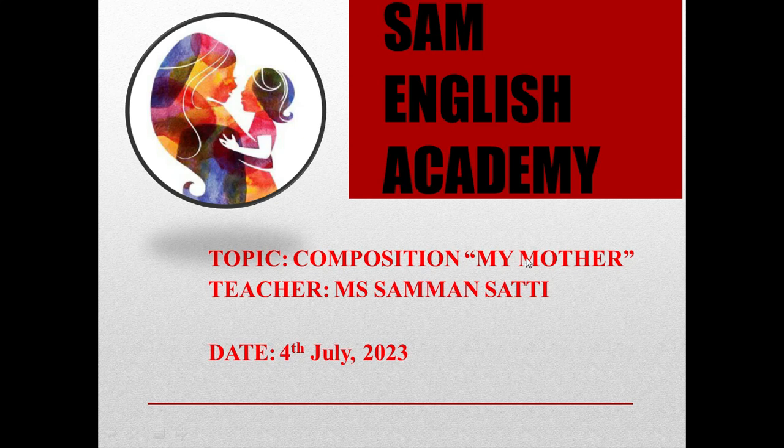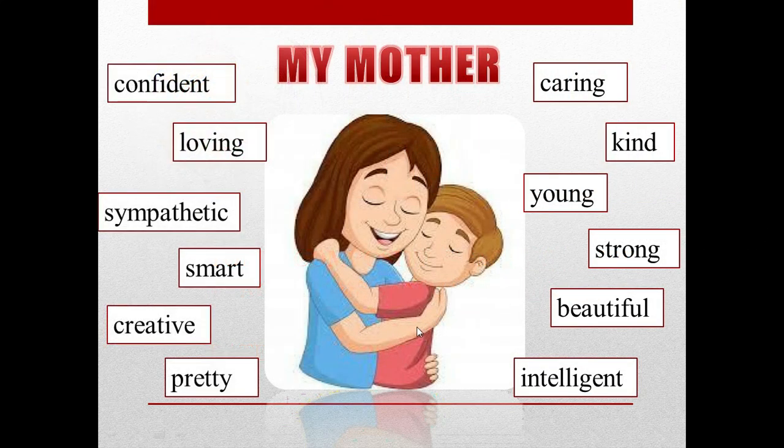So today we are going to discuss my mother. I'm going to tell you some of the points that you can use in your composition while writing about my mother. Whenever a topic is given to you, first of all, the most important thing is to make some points in your mind, or you can write them at the corner of your paper, that these are the points I'm going to discuss in this composition. Then it will be easier for you to elaborate your composition and write it in your own words. So let's start.